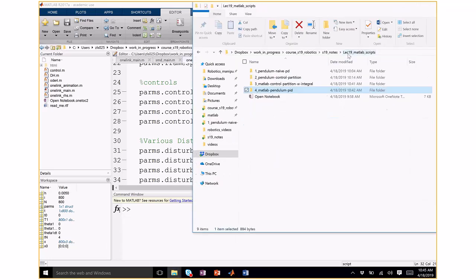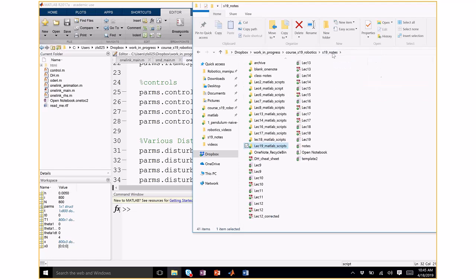But what we're going to do next time is actually how do you do tracking? So we did trajectory generation, right? We want the pendulum to go from this point to 30 degrees to minus 30 degrees or minus